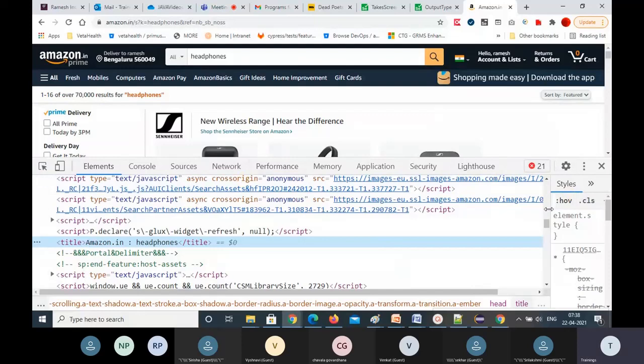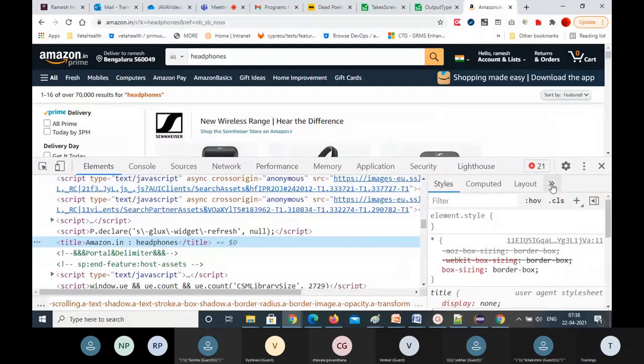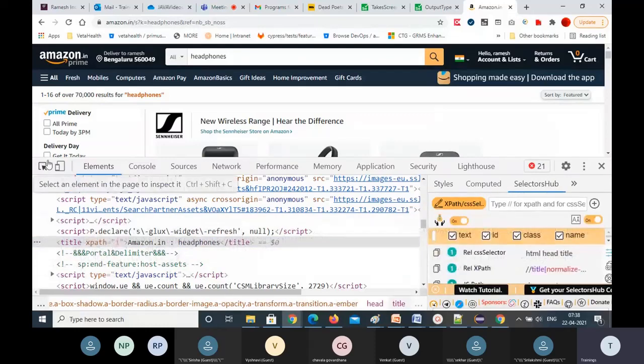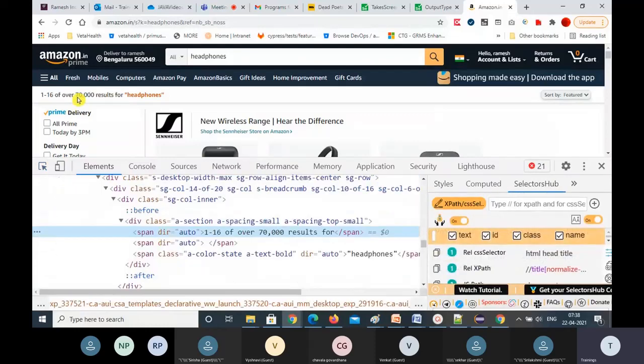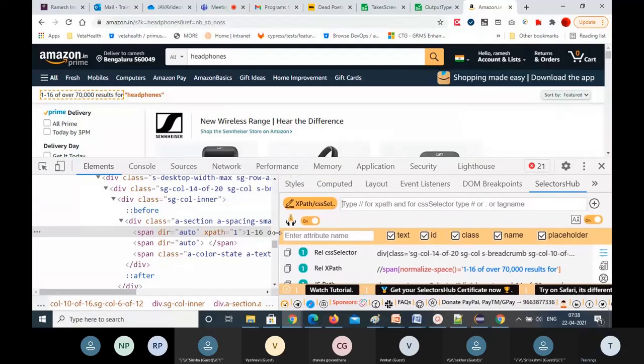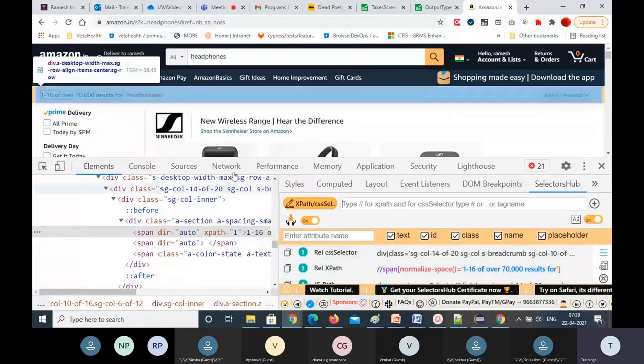So I'll open my this selectors hub. Select open selectors hub. So I'll get this element XPath, and so you can see here we have a XPath. I think this is the wrong. See that selectors hub is not giving a correct one. If you change a different one, it won't work, right? This is not giving a correct one. See that? That's a problem with this selectors hub, and this is not the right one.